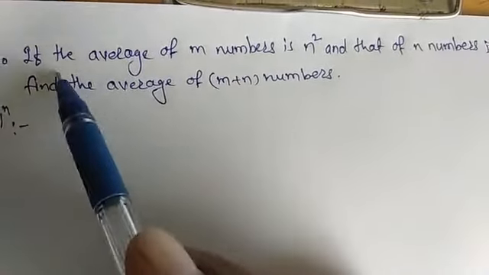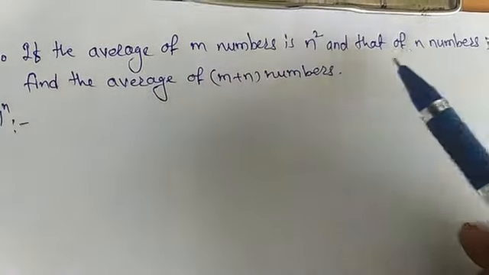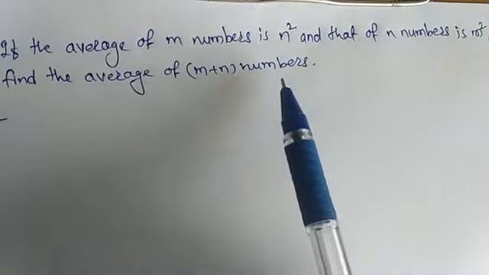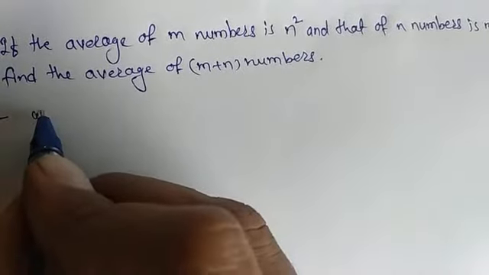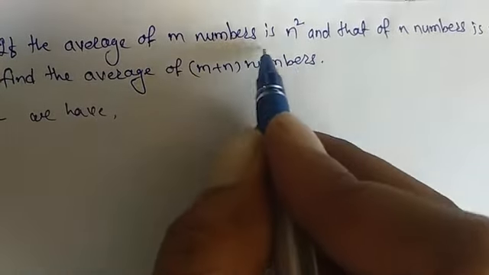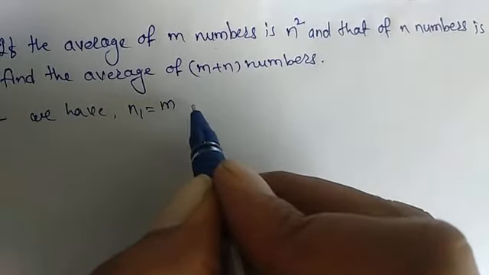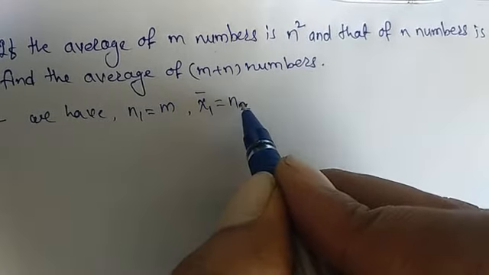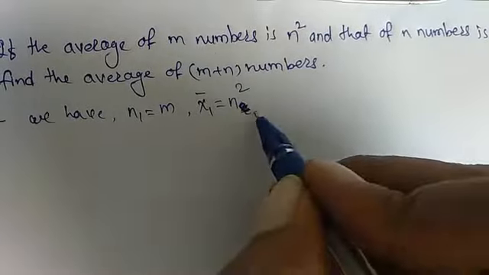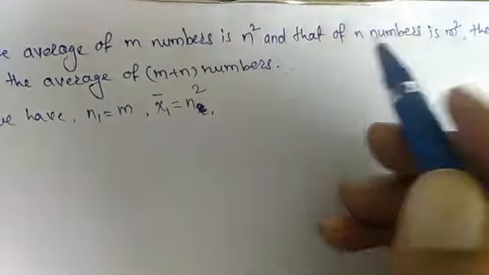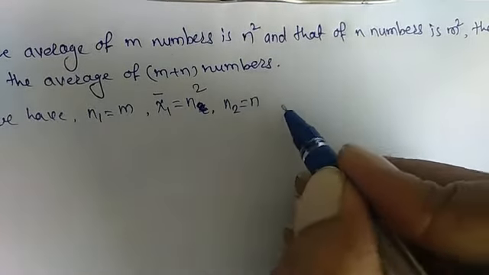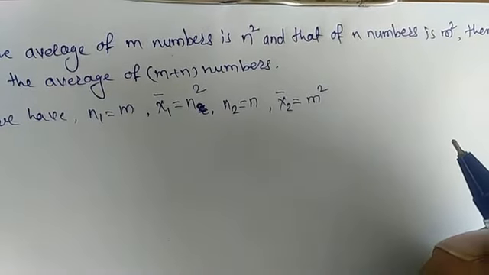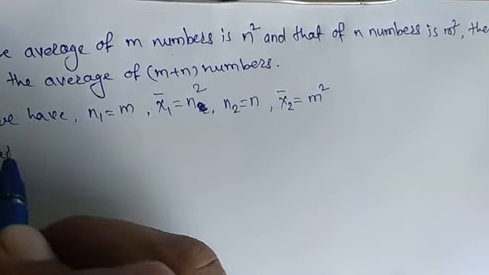Now the next example is, if the average of m numbers is n square and that of n numbers is m square, then find the average of m plus n numbers, okay. So here, if you consider this as the first group, n1 is equal to m and its average is n square, so x1 bar is equal to n square, and that of n numbers is m square, that means n2 is equal to n numbers and its average x2 bar is equal to m square, okay,